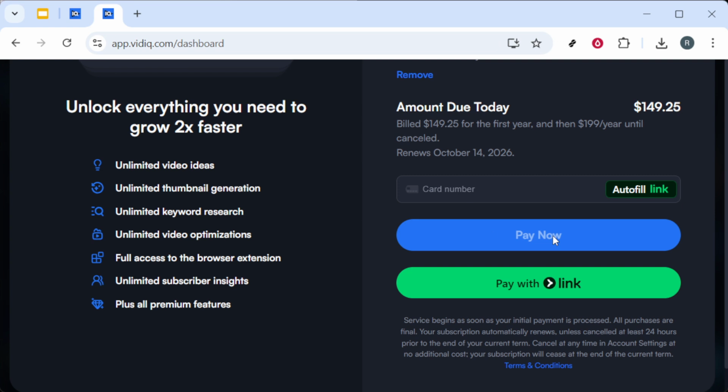From here, you can start using the enhanced tools to research keywords, analyze competitors, and optimize your YouTube strategy right away. That's it. You've successfully purchased a vidIQ